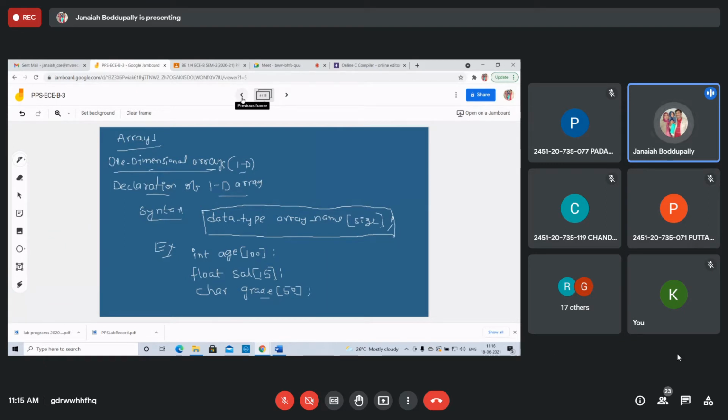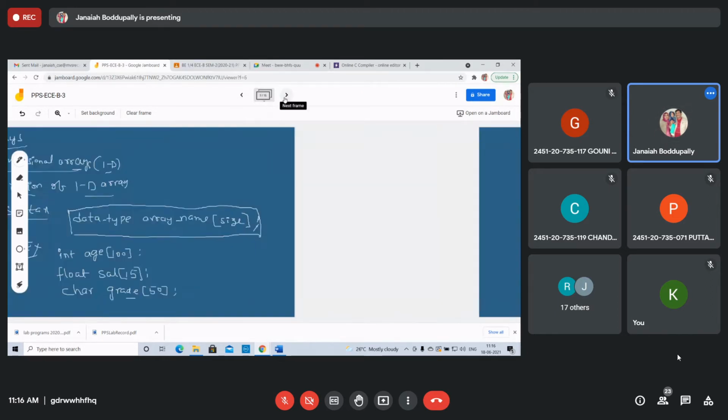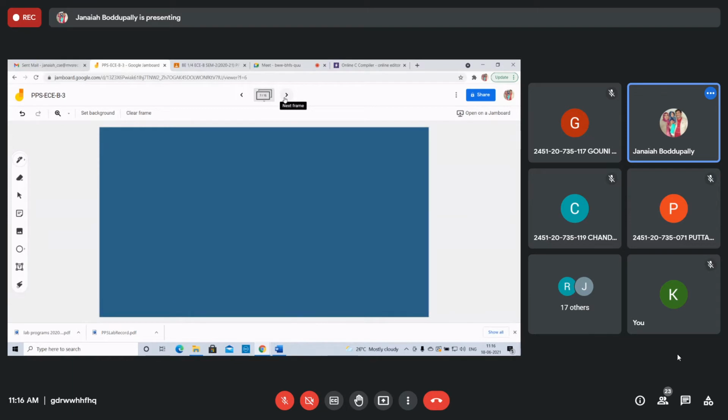Declaration. Next, symbolic constant. How to write a symbolic constant? Symbolic constants you can declare. A symbolic constant can be used to specify the array size.